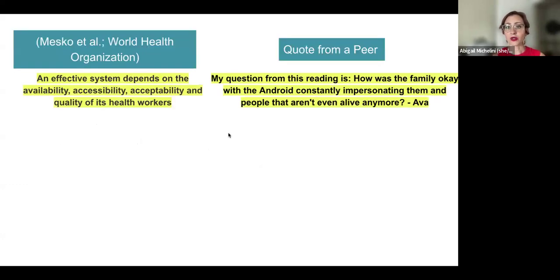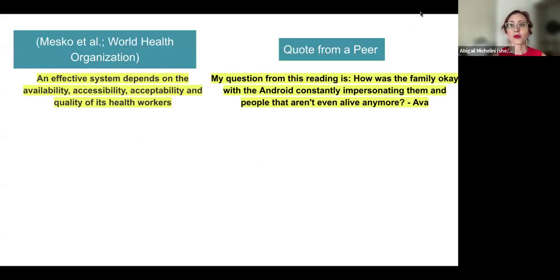So now I'm up to part 2, which is integrating sources. So at this point, I found my sources. I used my first source to even find a second source to back it up, right? So I can quote both of them now. You're not limited to just 2 sources in this paper, like your peer quote and your secondary source. You could use more than that if you want to. So you can pause the video here if you want to go ahead and find your sources and find your quotes to back up your critique and back up your main points when it comes to the paper that you're going to write. When you're ready, come back here to see how to integrate sources.